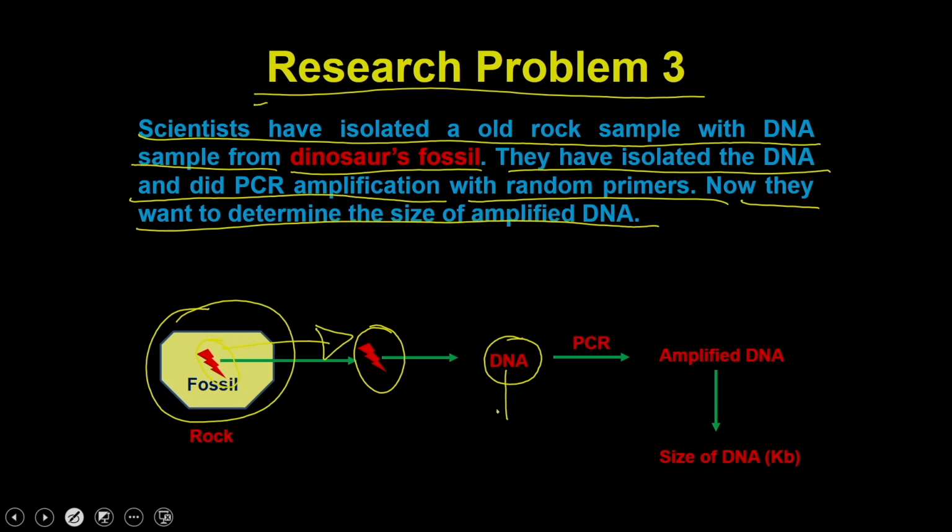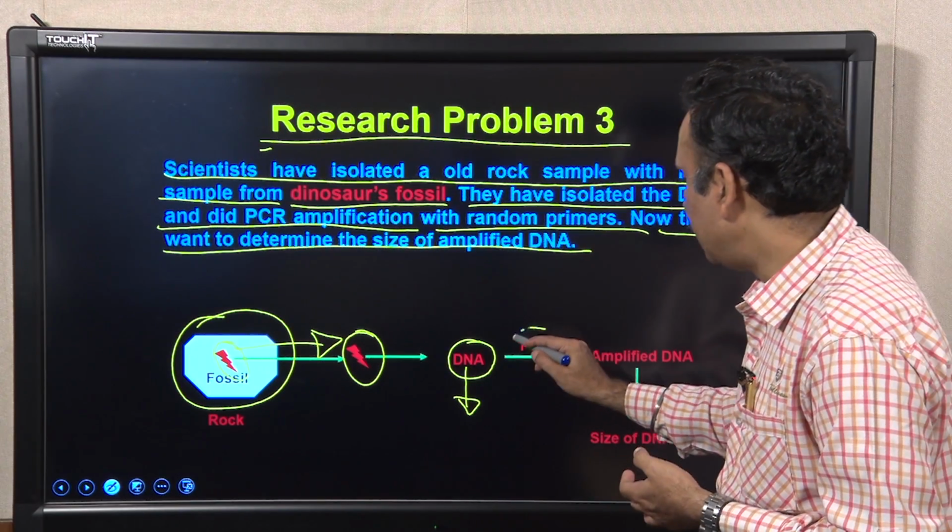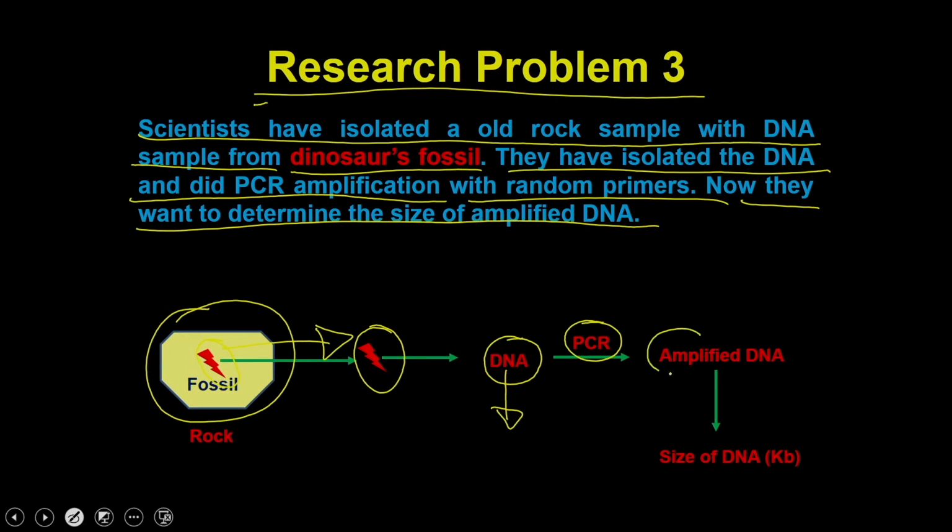But this amount of DNA was not enough to do any kind of analysis like sequencing, looking at the size of this DNA, and what the composition of the nucleotides would be in this particular DNA. So, for this purpose they have to amplify. So, they did a PCR and then they got the amplified DNA. This amount of DNA was good enough. So, now their question is how to determine the size of the DNA. For this they can use agarose gel electrophoresis. So, let us see how to do that.